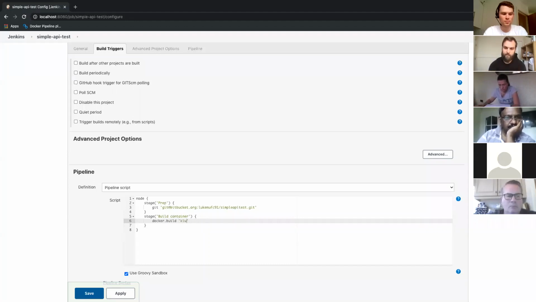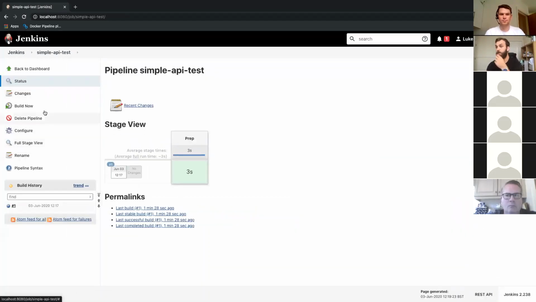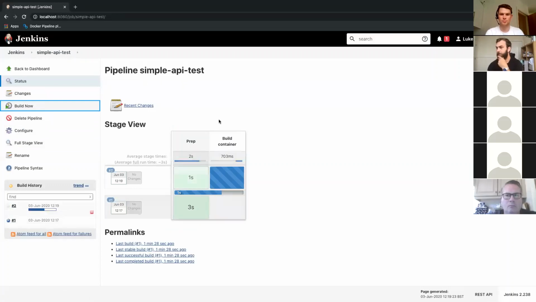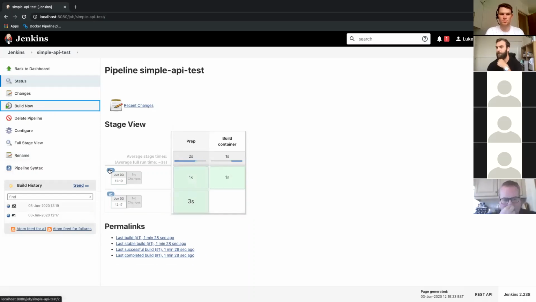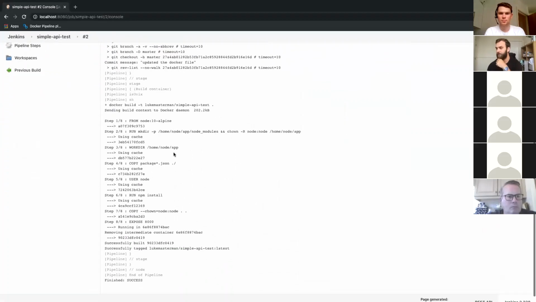The container is called... so for now we can run this, and we should see now that we've got two stages in here, each one as was named. And if we go in, we can again look at the console output, and you can see that it's built the container from the Docker file that was present in that workspace.